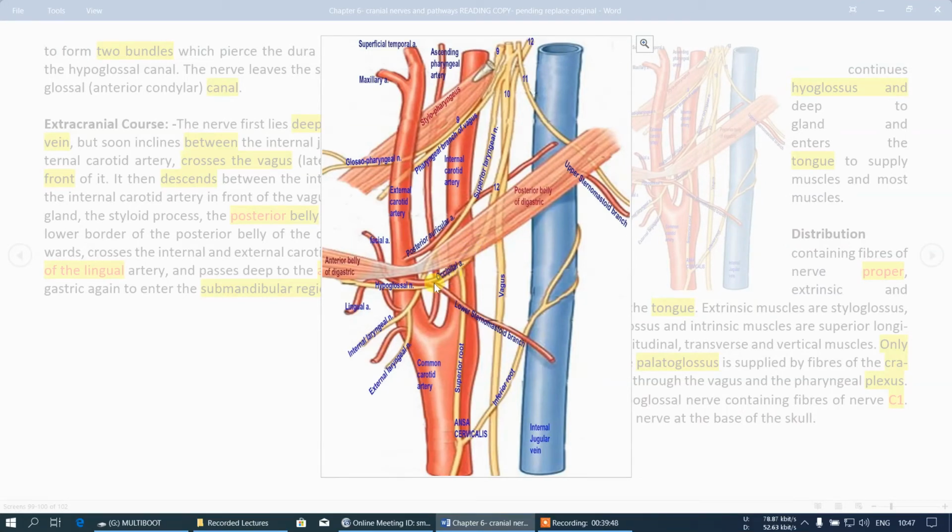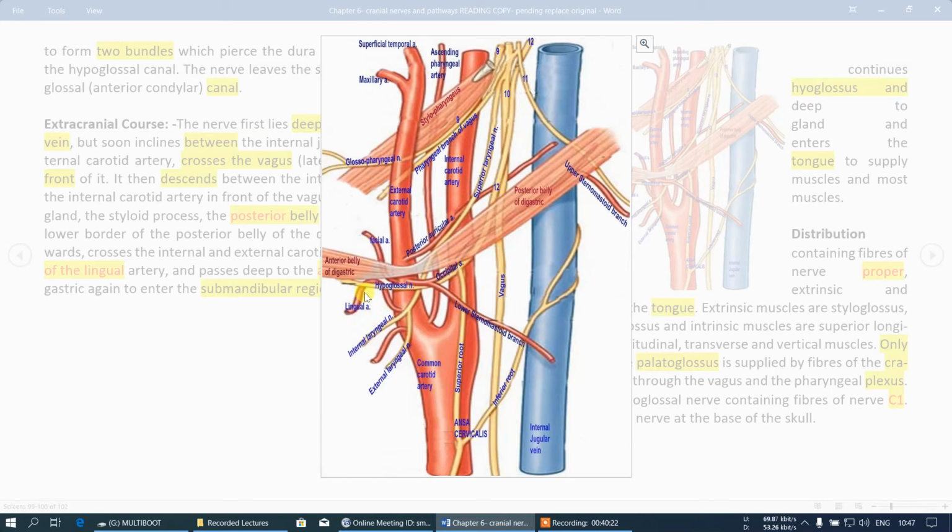Here again it is going ventrally. Here this is the common tendon of both bellies. From here it is related to the lower border of the anterior belly of digastric. So first it is lateral to vagus, then superior to the posterior belly of digastric, then the medial surface of the posterior belly, then the occipital artery, then here the lower border of the anterior belly of digastric.